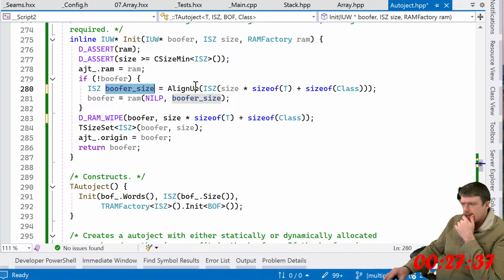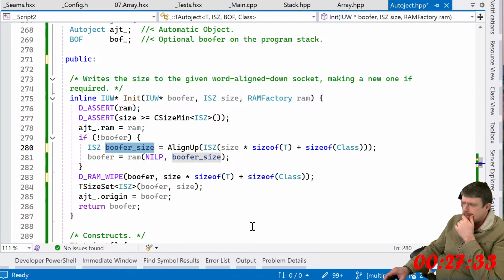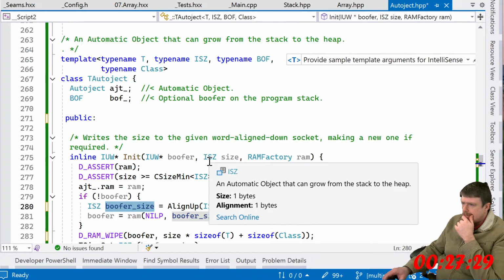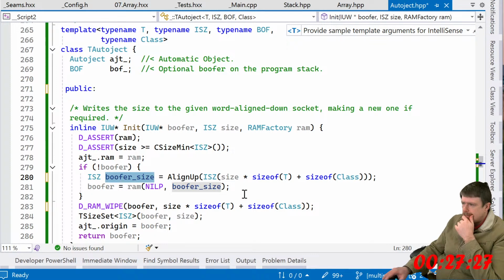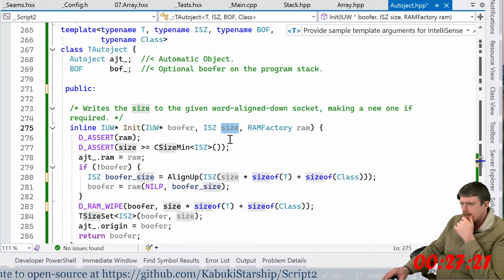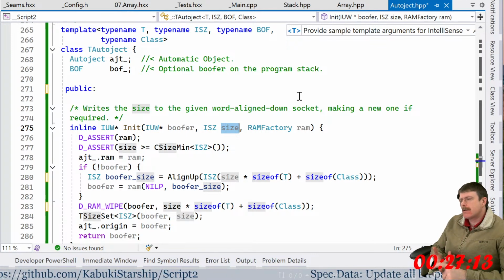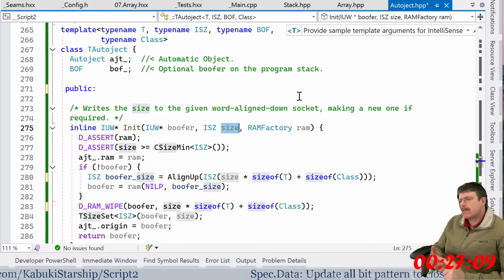The boofer size gets lined up. Wait, where's this boofer size coming from? Wait, size. Oops. What does size mean? AutoJect. Uh-oh. Stupid. So an AutoJect could be an auto array, an auto object, or